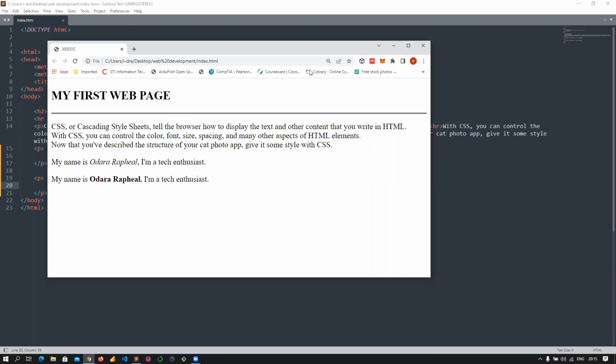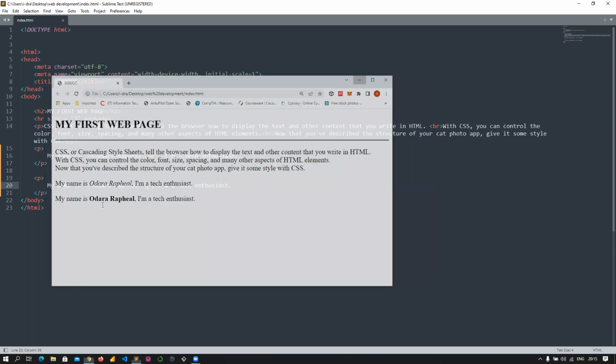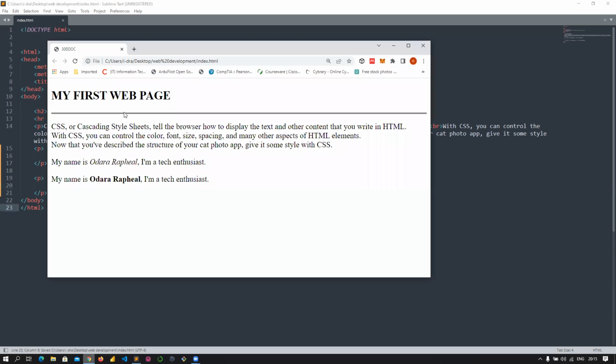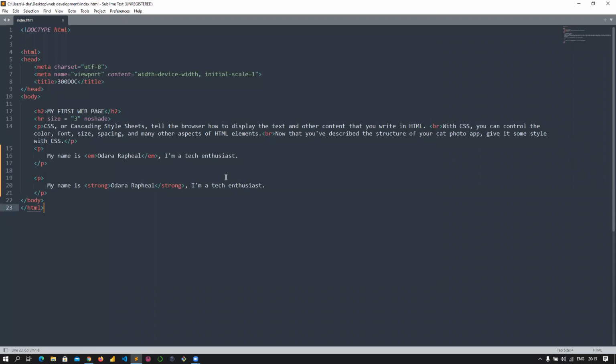So the first method of making your text bold, I said, is using the B tag, and the second method is using the strong tag. What you just need to do is type strong, S-T-R-O-N-G, then another one here for the closing tag. Then I'll save this, go back to my web page and refresh. You see that it still gives me the same result. So there are two methods of doing it. The reason why I left it is because